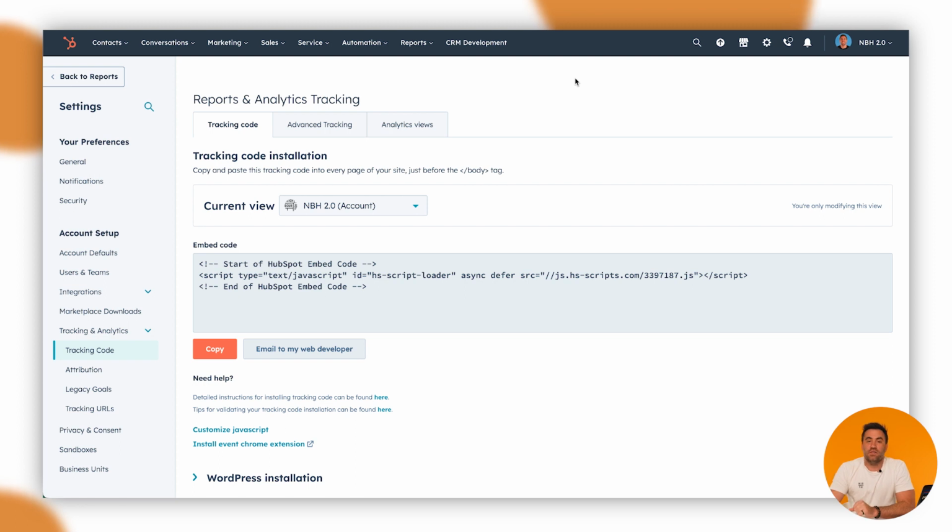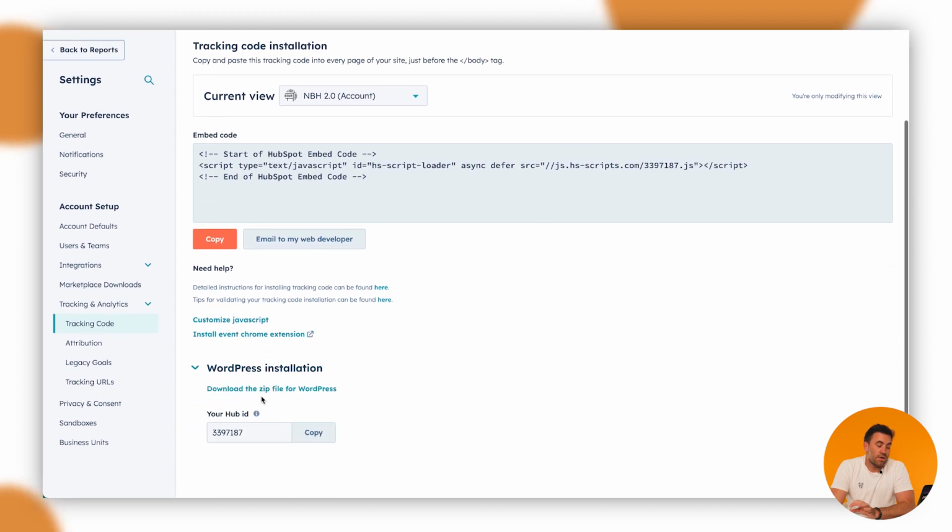If you do have a WordPress site, which is a large amount of people out there, it's pretty easy. So what you can do first and foremost is go to the plugins area, search for the HubSpot plugin, install that, and simply log into your HubSpot account inside there. That should automatically set it up for you. There's nothing really you need to be doing. There's also another way. If you go down here to WordPress installation, there is a downloadable zip file here. You'll take that zip file and upload it into the plugins area, and then your hub ID is there, which you'll copy and place into the area inside WordPress.